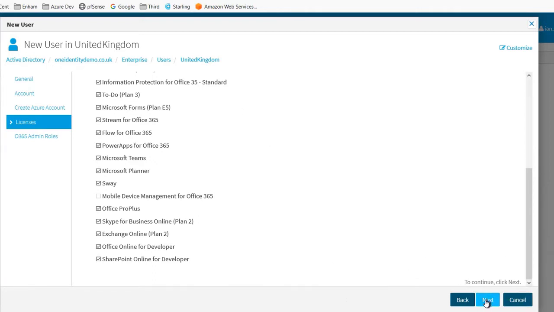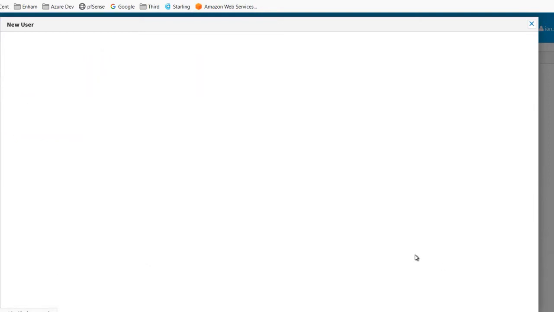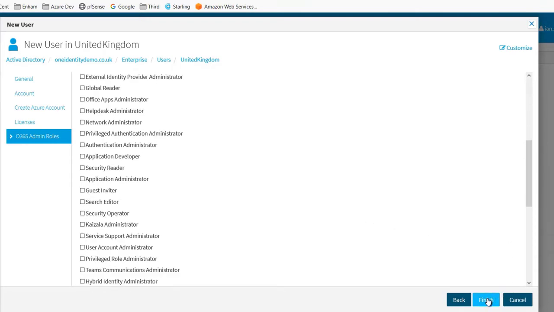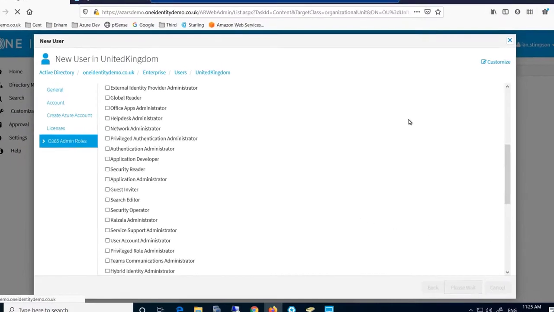Now the next part of this onboarding, I am going to select the admin role. Within here I'm going to say, okay, for Zoltan, does he need any Office 365 roles to be administered? So I'm just going to click a few here. I'll just add in a few so you can see this for demonstration purposes, and we select the roles that Zoltan has the capability of doing within Office 365. So I'm going to click on Finish there.